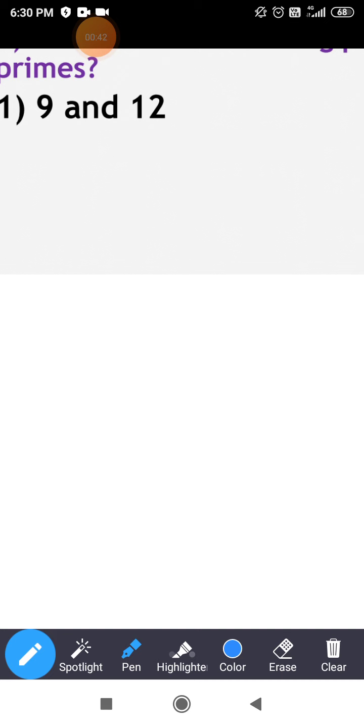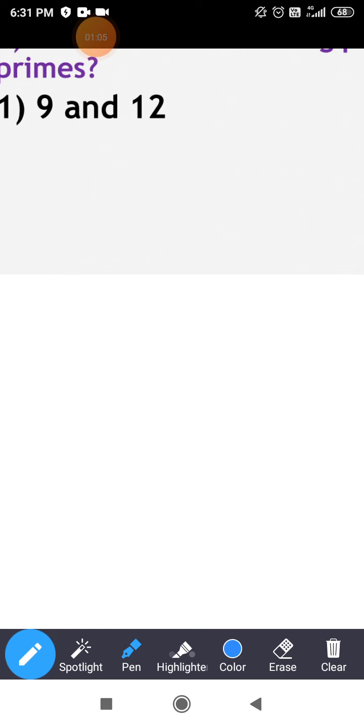For finding the co-prime numbers, we have to follow the same method we used to find the common factors of the given numbers. It means we will first list the factors of the numbers, then we'll find out the common factors. Depending on that, we'll decide whether the pair is co-prime or not.